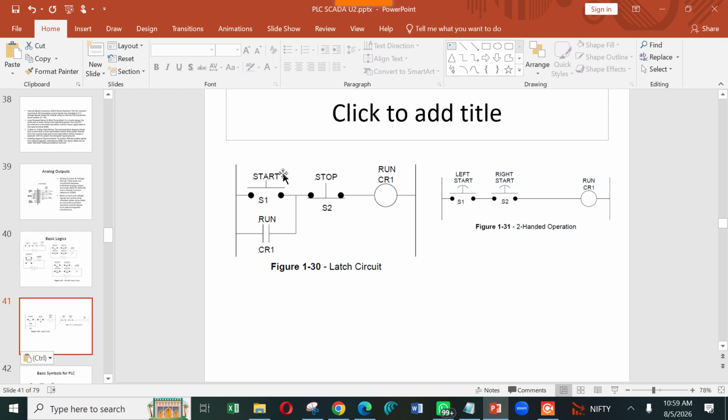That means once you push the start button, the motor will start continuously. Even if you physically release the start button, the motor will stay on continuously. But if you press the stop button, the power supply to the coil is cut, the coil gets de-energized, then the whole circuit will be off, and the motor also will be off.